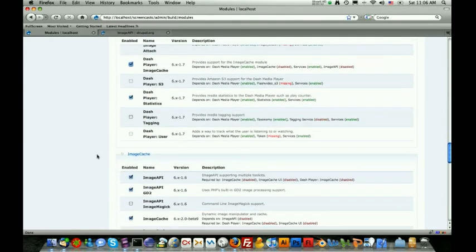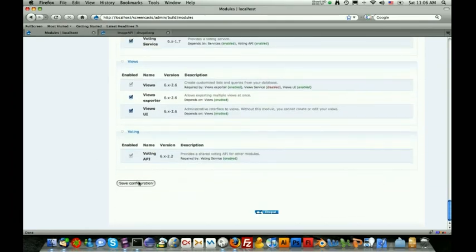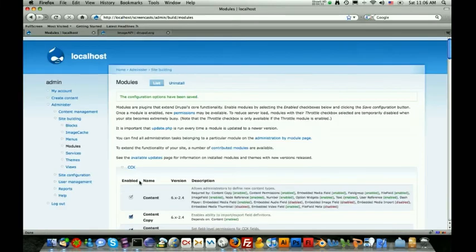So now that we have those four installed, let's just scroll down to the bottom and then hit Save Configuration. And we're just going to give this just a little bit of a second. Okay, so now that this is finished installing,